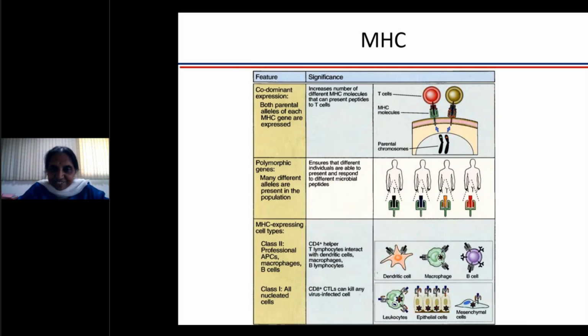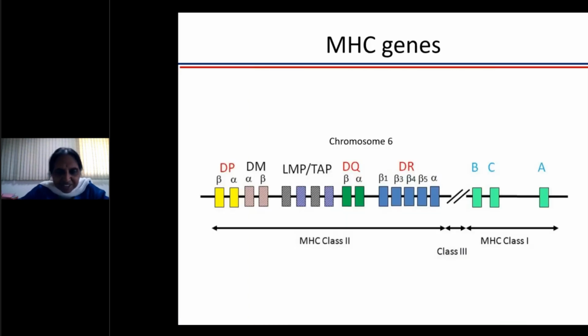Okay, let's move forward. I hope you have understood what an MHC class 1 molecule is, what a class 2 is. I'm just showing a very simple cartoon of chromosome 6, where these MHC genes are arranged, not for remembering anything. For MHC class 1, the most important are A, B, C. For MHC class 2, we have DP, DQ, and DR. The DR is the most important, it is the most polymorphic. And you are seeing two more things here, LMP and TAP. The significance of these will be clear to you in the next few slides.